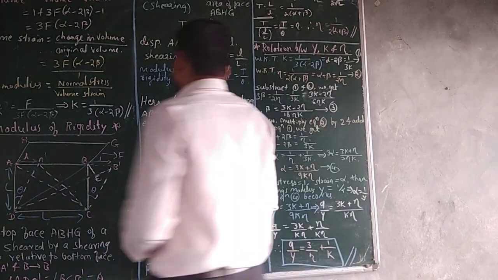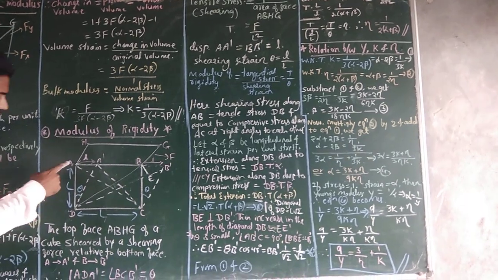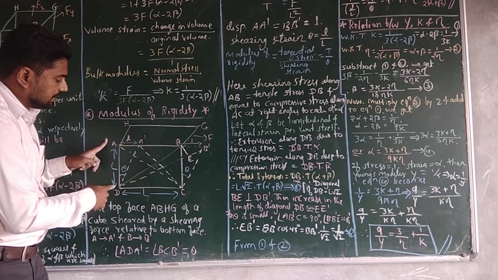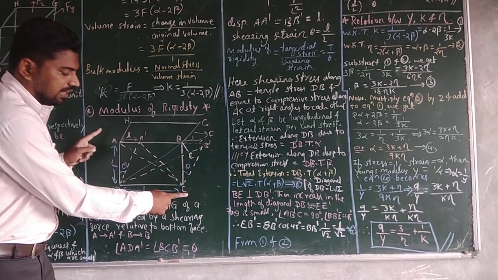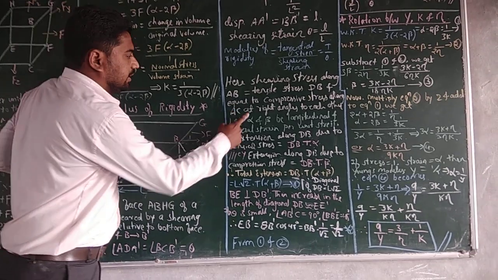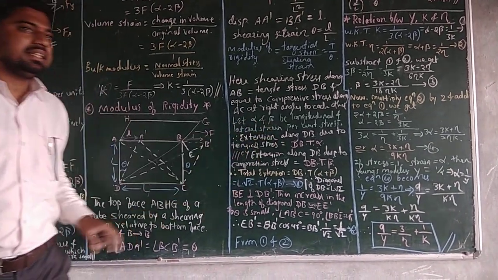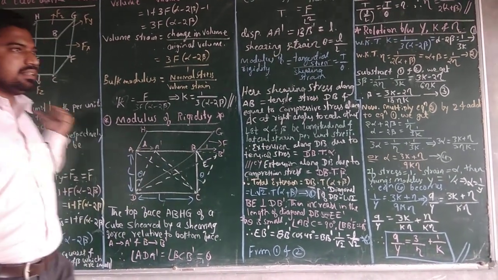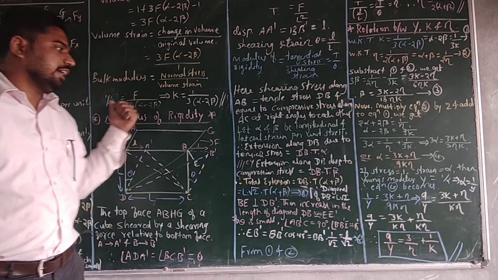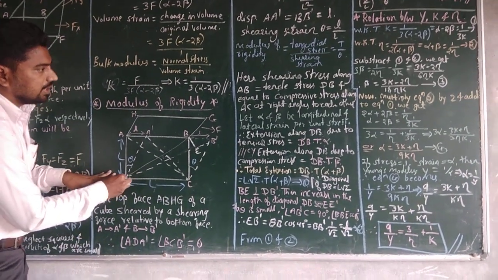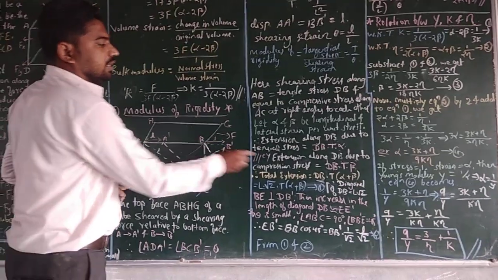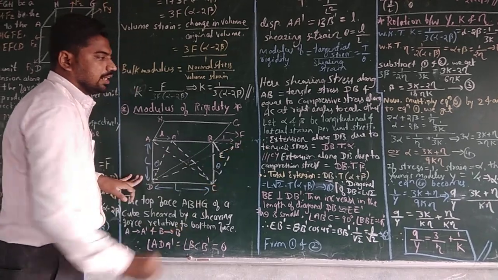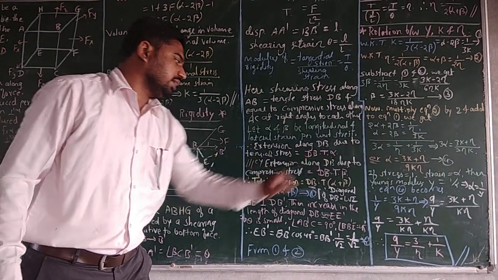Okay, see here, the shearing stress along AB is equal to the tensile stress along the diagonal DB, which is equal to the compressive stress along AC. Next, alpha and beta are the longitudinal and lateral strain respectively, because alpha and beta are the elongation and contraction. Therefore the extension along DB due to the tensile stress is DB into T into alpha.